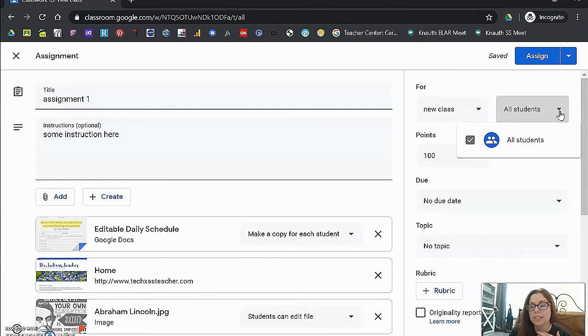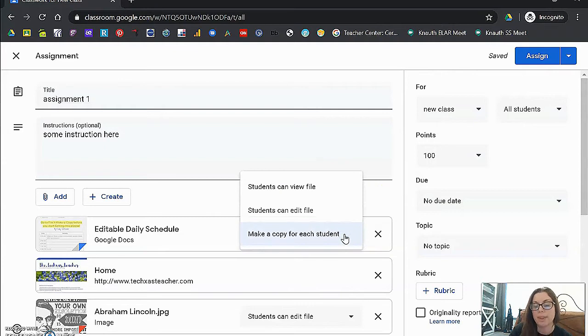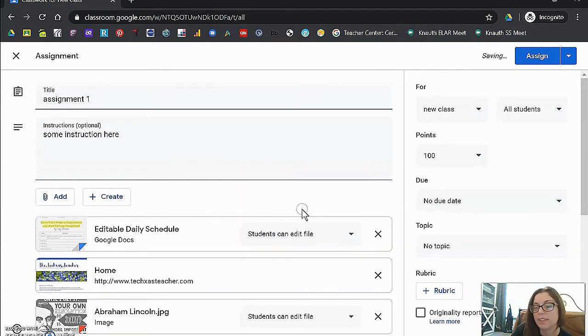And if I was doing a group assignment and you put Morgan, Johnny, and Susie in a group, I wouldn't make a copy for each student here. I would just make one copy for the group, like Morgan, Johnny, and Susie's project as the title, and then make another copy for the next group and another copy for the next group. But when I put Morgan, Johnny, and Susie's file on here, I would put that they could edit the file, and then they can all work in it collaboratively,